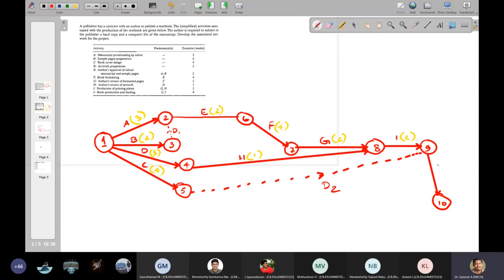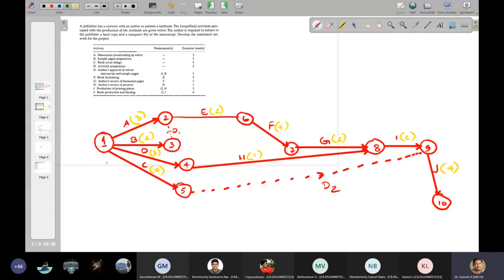Now let us see how to calculate the project duration in a simple manner. Then I'll teach you how to calculate that with the help of the CPM PERT calculations.